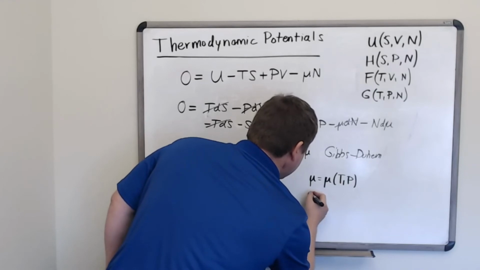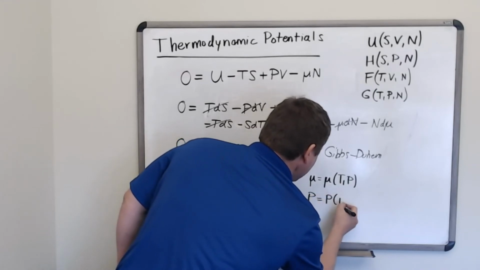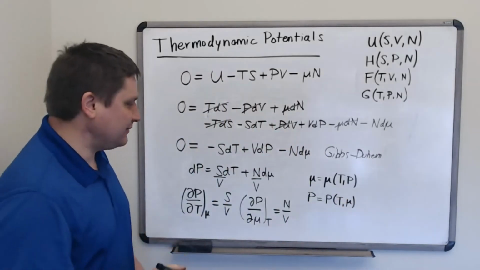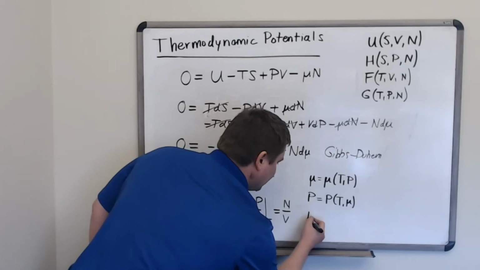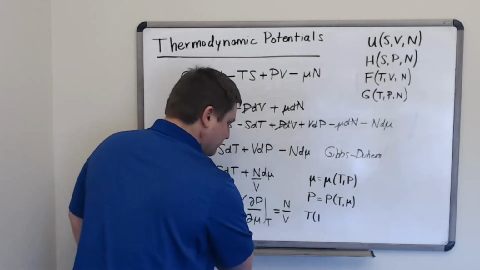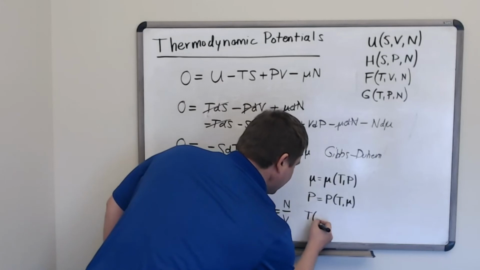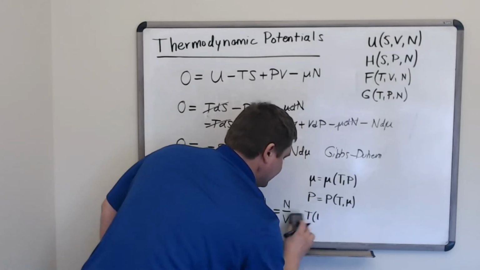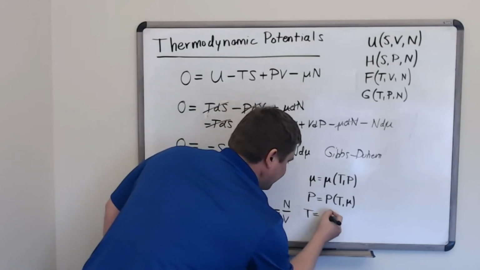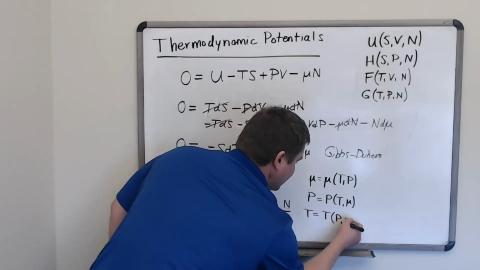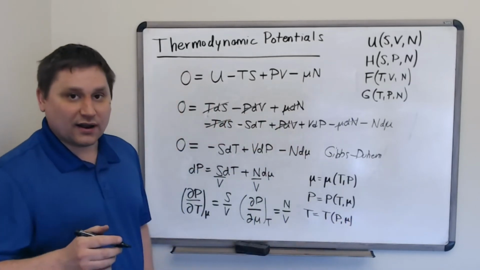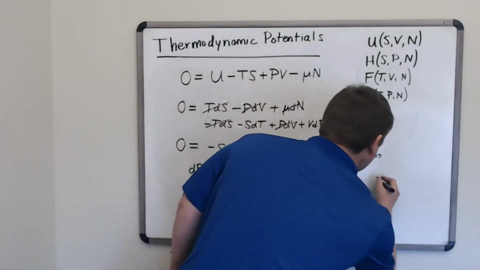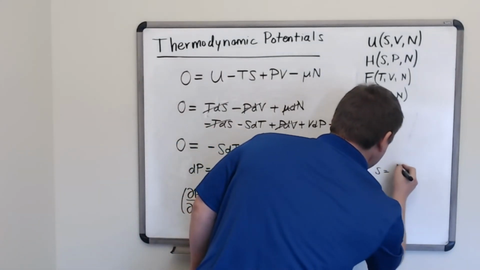Finally, what we can say from the Gibbs-Duhem equation is that if we take any intensive variable, chemical potential, pressure, temperature, I want to write this as T expressed as T of P and mu, or it turns out any other intensive variable in a one-component system. Let's define the